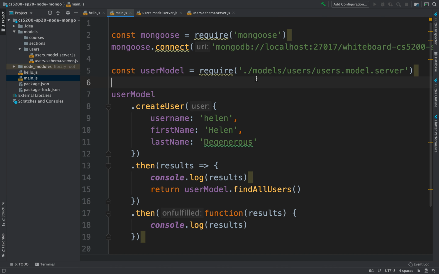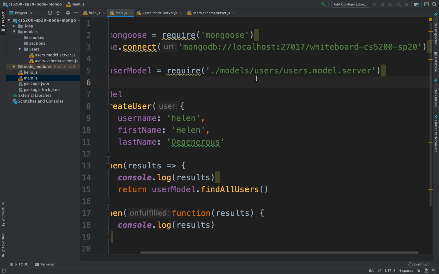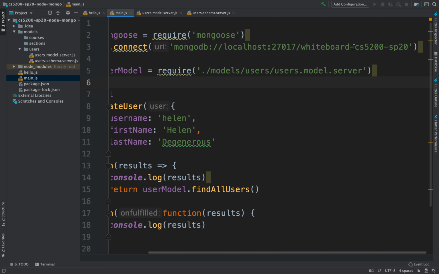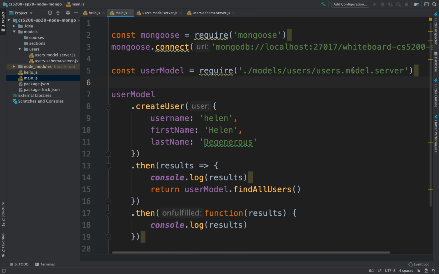Right, let's see. So we had been talking about communicating with Mongo. We created a simple database in Mongo. We called it Whiteboard cs5200 sp20. And we first interacted with it using the Mongo client for interacting with the non-relational database. And then after spending a day or so interacting with the database directly from the console, we started exploring the